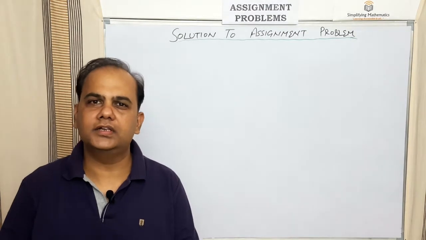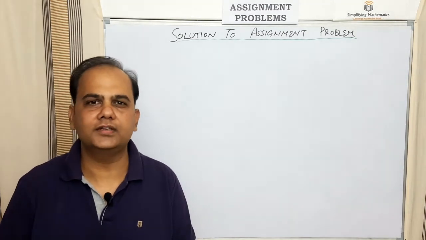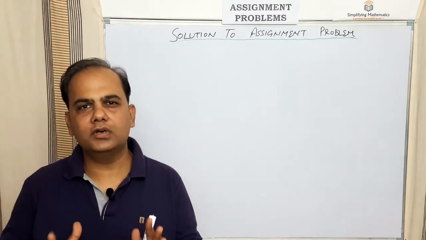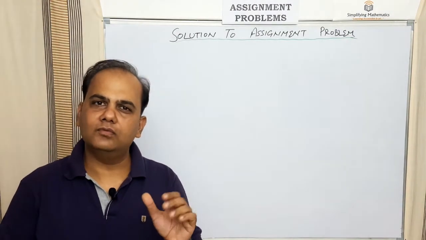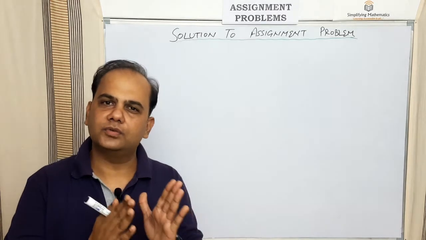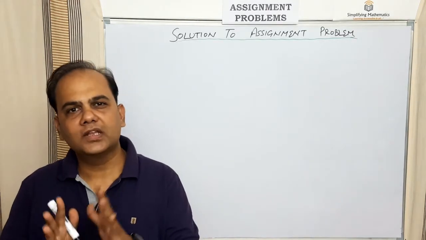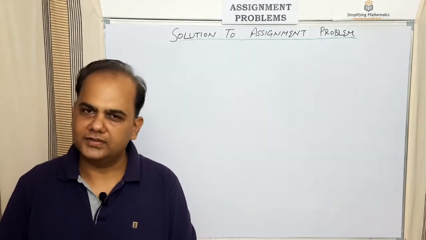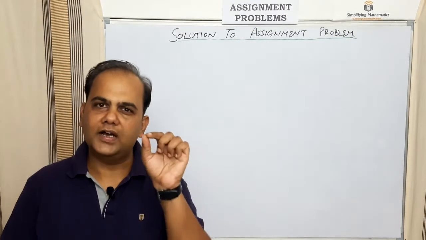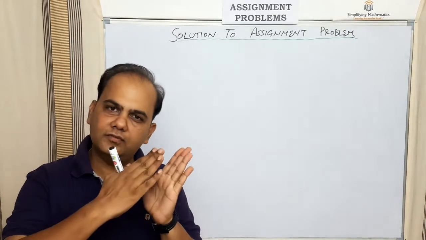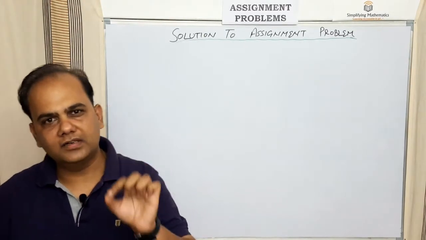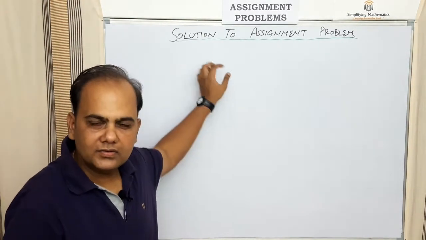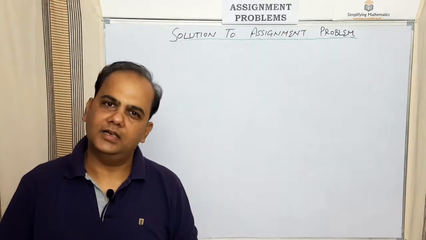Today we are going to learn about how to find the solution to any assignment problem. So hope you are clear about what is an assignment problem. What is there in an assignment problem? We have to find which source should be assigned to which task so that the desired objective function should be achieved. So finding that assignment means which source should be assigned to which task. That is called the solution to any assignment problem.